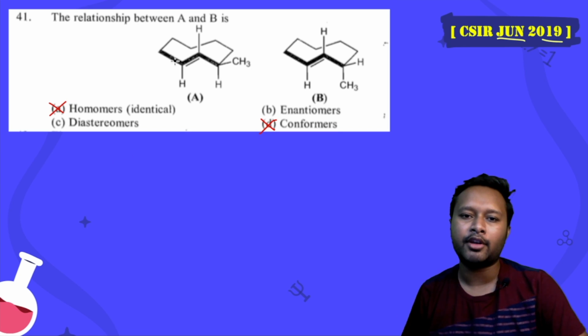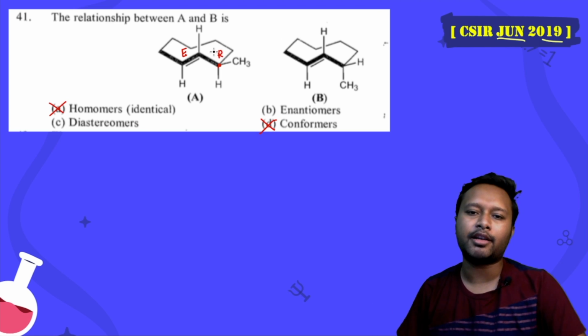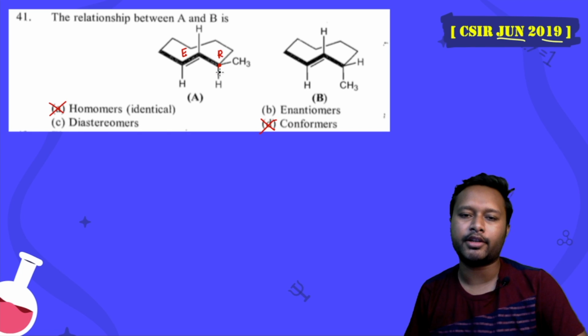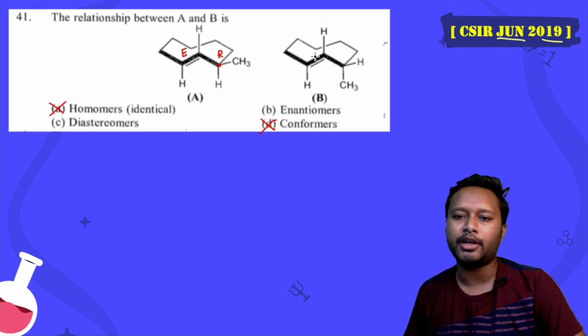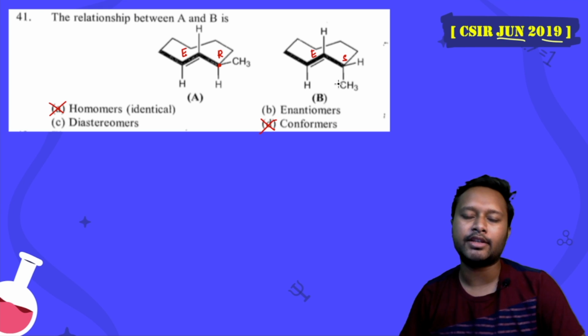That means for this particular alkene, this alkene is E alkene, because these groups are on the opposite side. And this particular carbon is the chiral carbon, if you find out the configuration, you will see that this is R. Whether it is R or S doesn't matter, but if you work it out, you will find that it's R. Now if you go for this particular molecule, again this is E only, the configuration of this alkene is E, but the configuration of this particular carbon is going to change, it will become S, because the methyl group has changed its position.